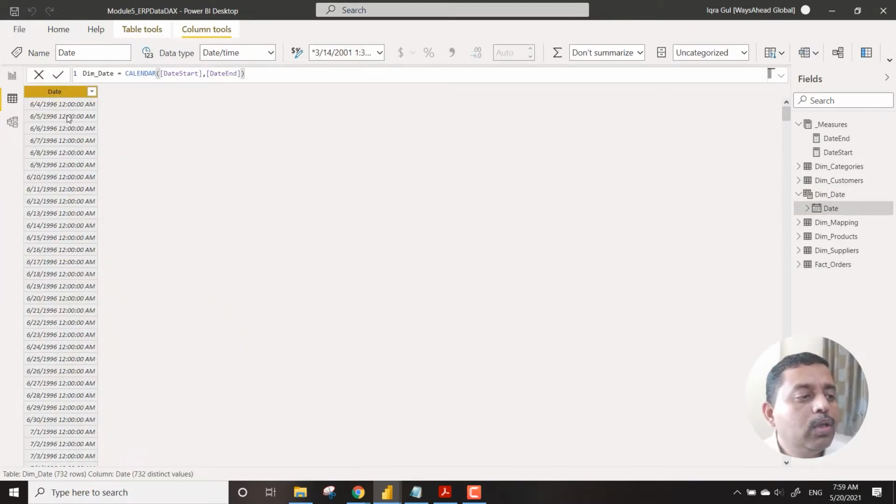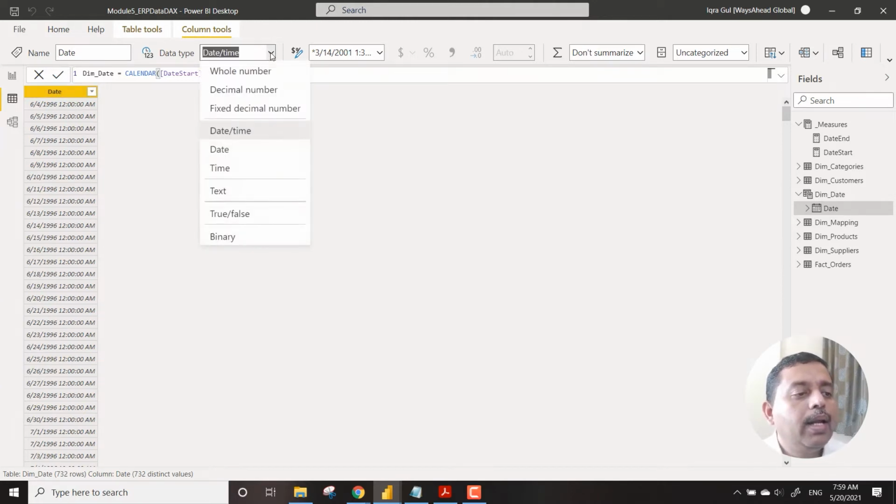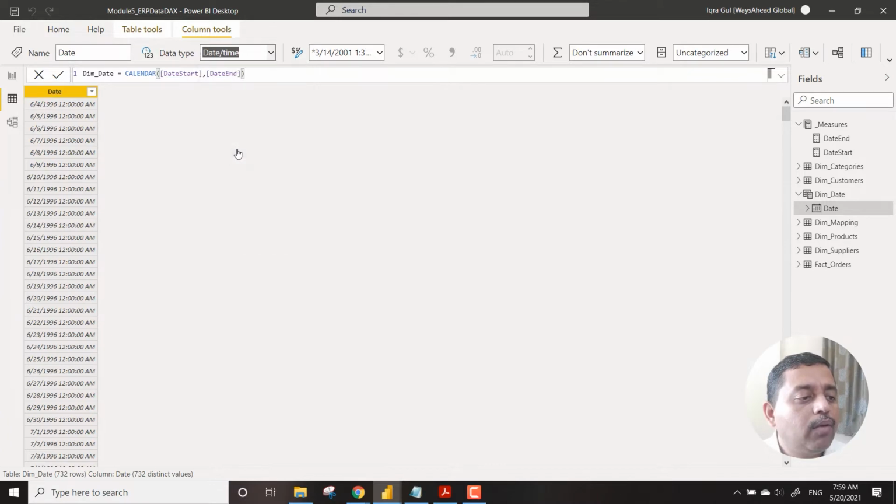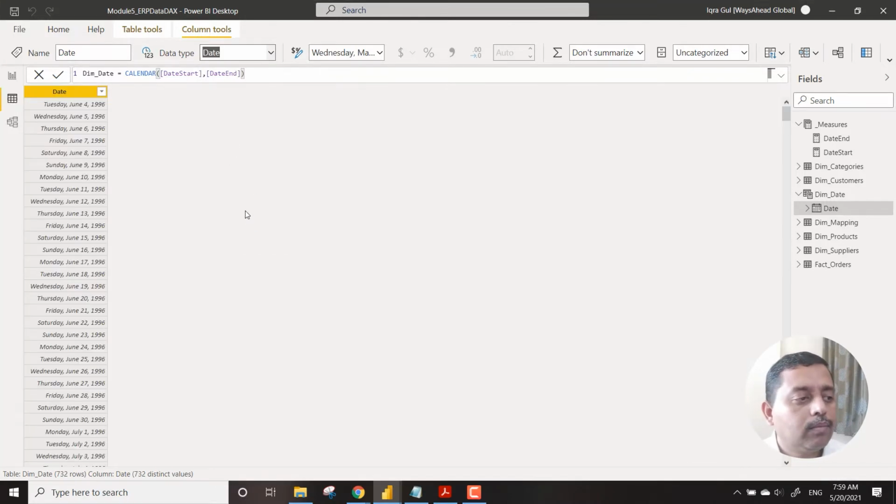So what we can do is come to this particular column and convert it only into date. So now it is a date. Now what we have done is we have created a table out of our dates. That's what we have done.